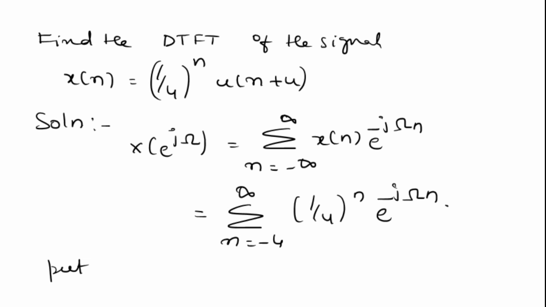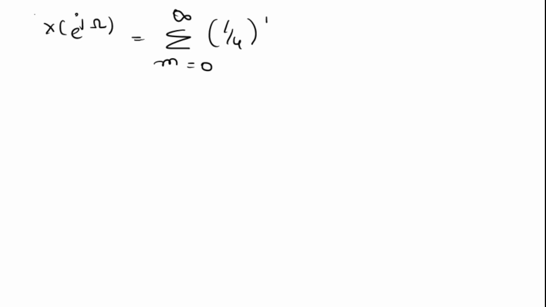Put m is equal to n plus 4, then X of e power j omega is equal to summation m is equal to 0 to infinity 1 by 4 to the power m minus 4 into e power minus j omega into m minus 4,